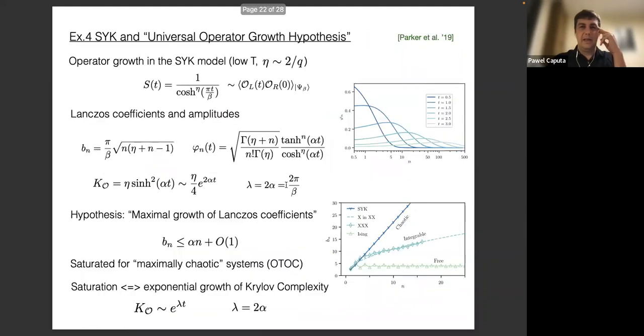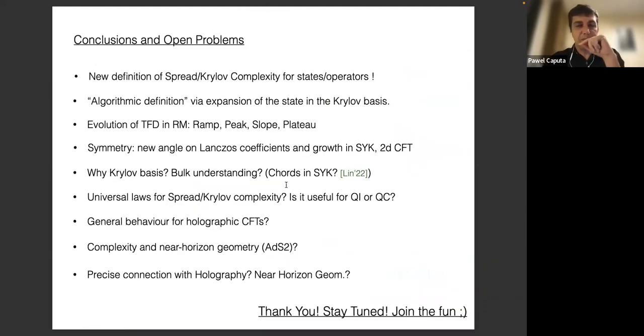So yeah, I had other parts about the older operator growth, but I think I have gone over time already by far. So let me just conclude. I was trying to argue that we have a new definition or framework for complexity that uses this Krylov basis, and it's nice because it can put into one framework both the complexity of states and the growth and complexity of operators. And this definition is nice and algorithmic in the sense that for any operator or any initial state and the Hamiltonian, we can do this expansion, construct the Krylov basis and really compute this